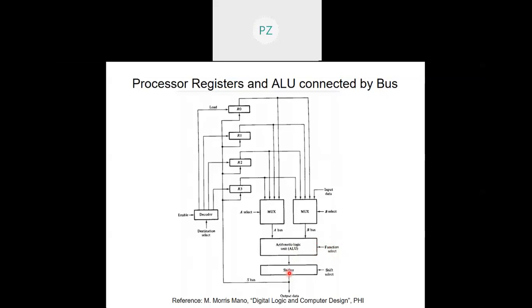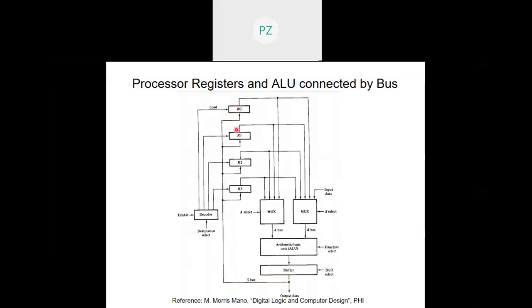And again, this shifter will have a shift select that will control whether I want to do a left shift of the ALU output, or a right shift, or circular shift, or serial shift. All those different combinations may be possible, or may even be shifting by more than one bit in a single clock cycle. So whatever be the shifter operation followed by the ALU operation, now your result is available.